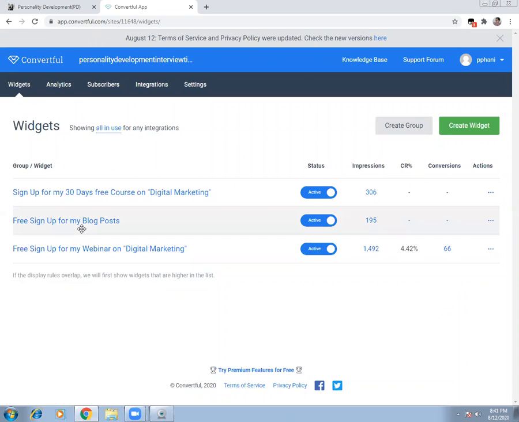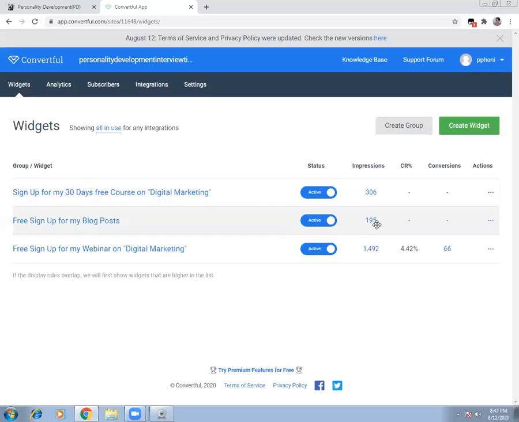So I have this form. I don't see it is useful. Simply by clicking here, it will be deactivated. And if I want to make it active again, I can click it again. How simple it is. You sleep, people visit your website and they give their details and this captures it. It's automation. And anything you want to deactivate, you can.